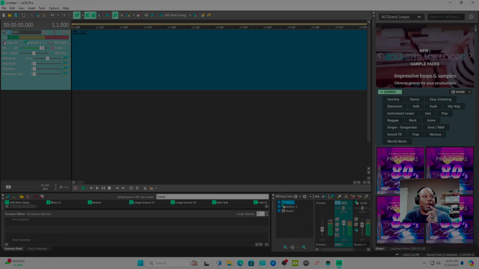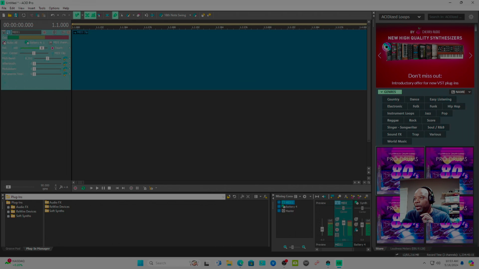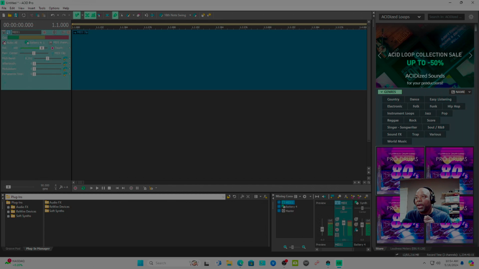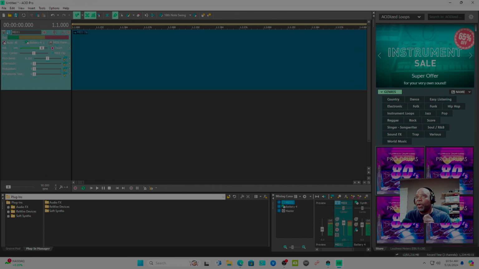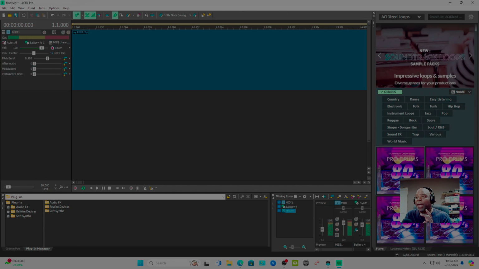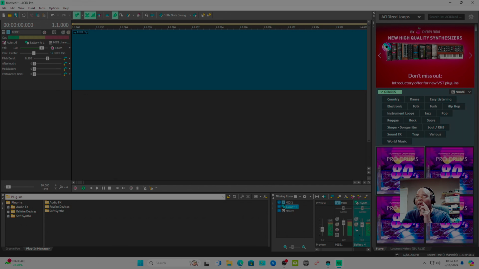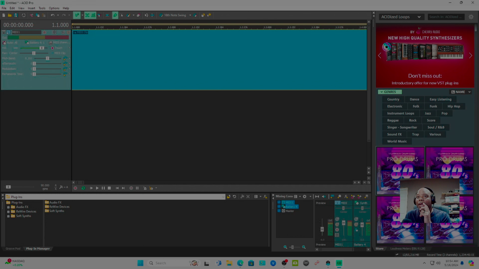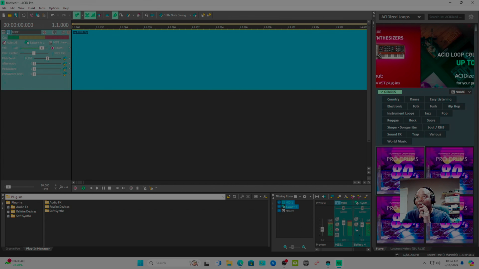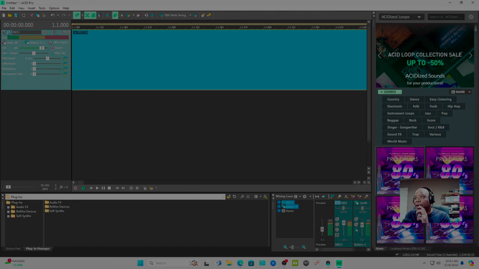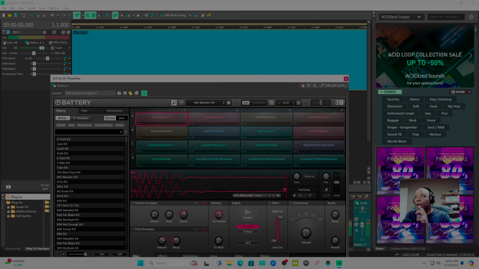Plug-in manager down here. At the bottom left of your screen, Groove Pool, plug-in manager. All right, go all the way to your right to where it says Battery 4, and you got MIDI 1, right? That's Battery 4. That's MIDI 1. I don't know what I'm doing, y'all. So I just want to program, that's my master channel. I want to program my thing. So I'm gonna left click twice. I'll go up to MIDI clip. Then go to Battery, y'all. I'm lost.